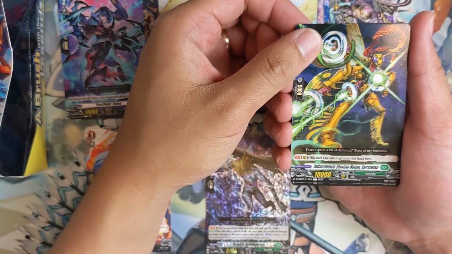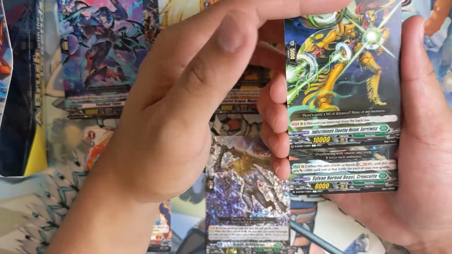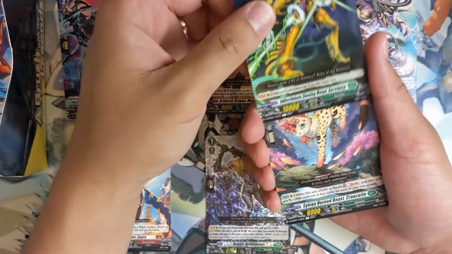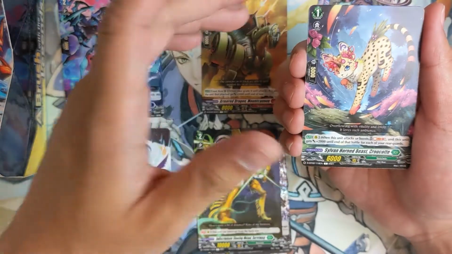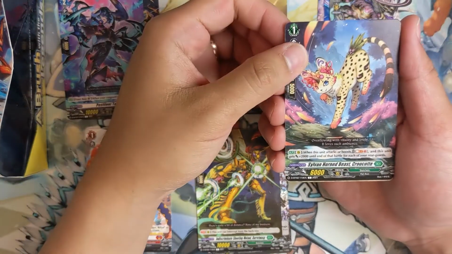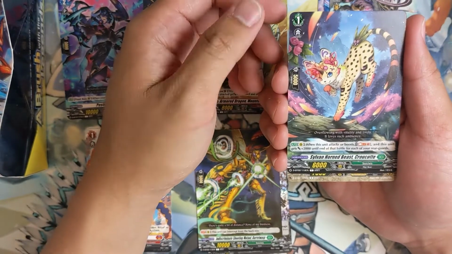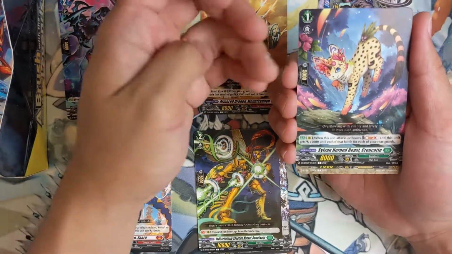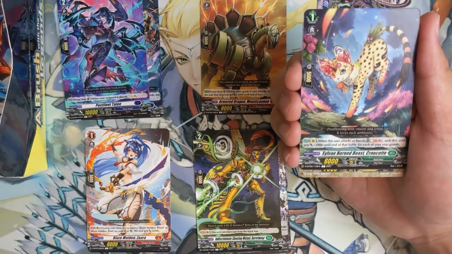This unit, Indiscriminate Shooting Mutant Barret Wasp. This unit can intercept from the back row, so support for Magnolia. I believe this is also support for Magnolia. So when this unit attacks or boosts, Soul Blast 1, and this unit gets plus 2k until the end of that battle for each of your rear guards. Pretty good card. It does help Magnolia hit higher numbers